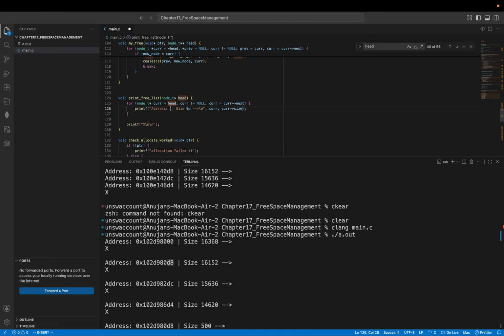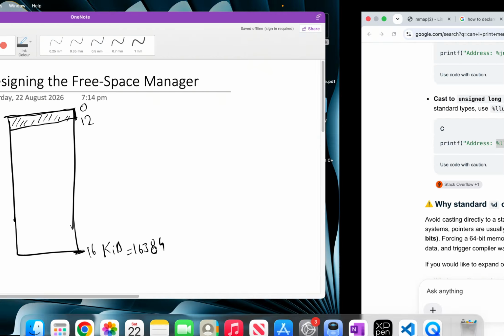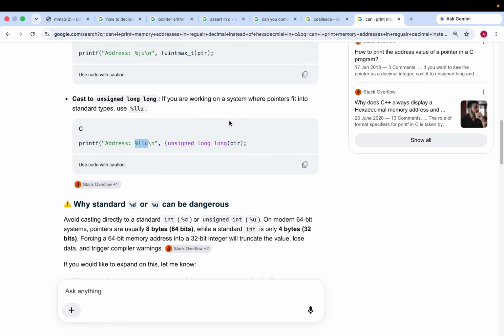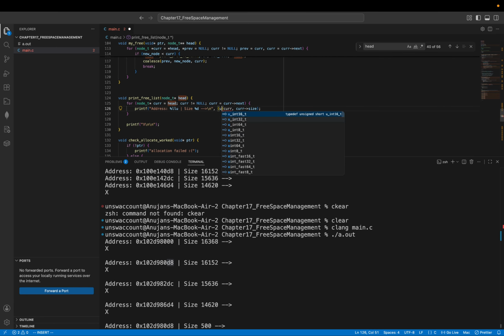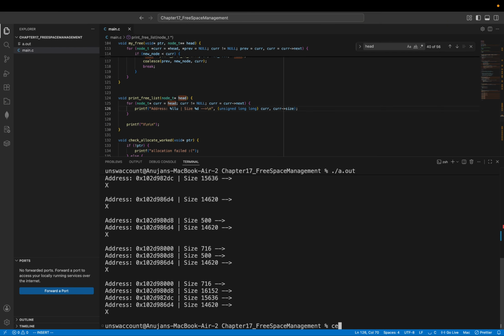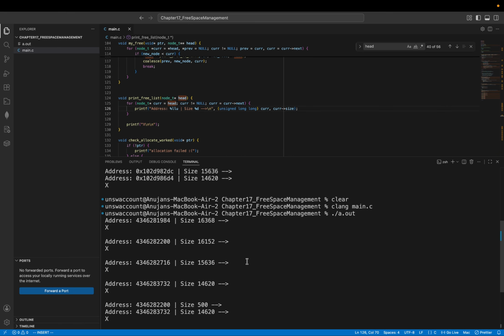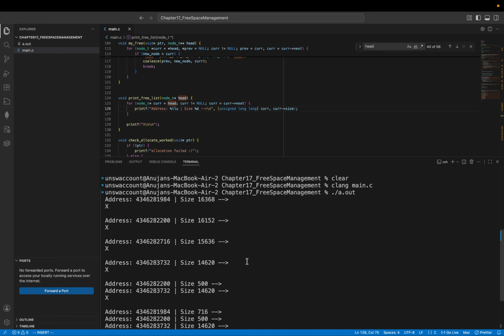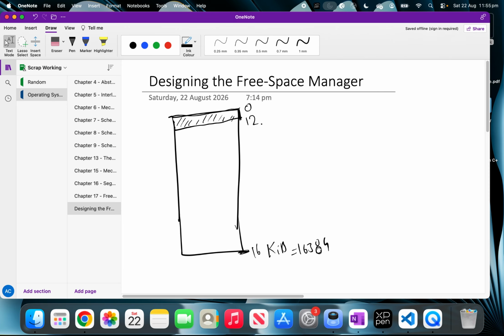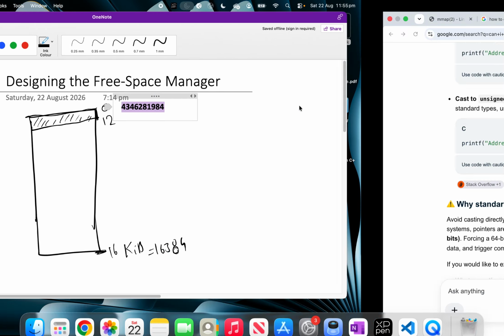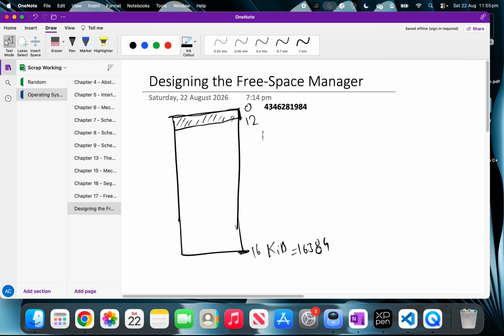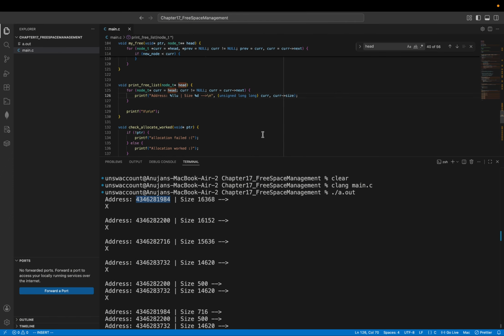So instead of %p, we cast this as a long long, and then hopefully nothing bad happens. Okay, cool. So the starting address in this particular instance, like I was using 0, but the fact is it's not necessarily 0, right? So the starting address is that, which means when I do the allocation of 200, what should